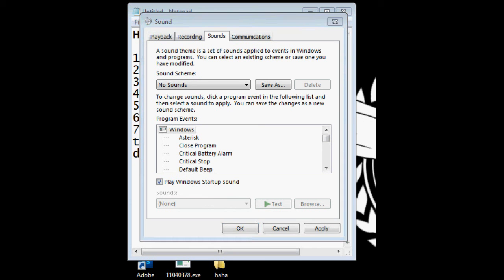You can keep some of your favorite sounds enabled, but make sure to set exit Windows, Windows log off, Windows log on, and start navigation to none. So it's not gonna produce any sound. It's better because your computer doesn't need to look for the MP3 file or WAV file for that sound.